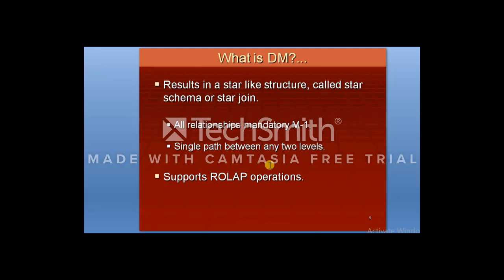Now when we talk about the difference between ER and dimensional modeling, we said that all the dimension hierarchies should be in a single dimension. They should not be maintained in separate entities. The dimension hierarchy should be inside a single dimension, so that moving from one hierarchy to another does not bring more entities into the query, but only one table with different hierarchies inside can be used to query the data. So then we will have dimension and fact.